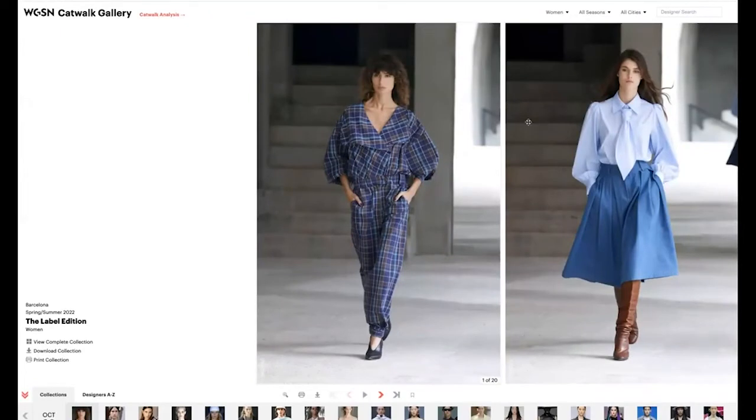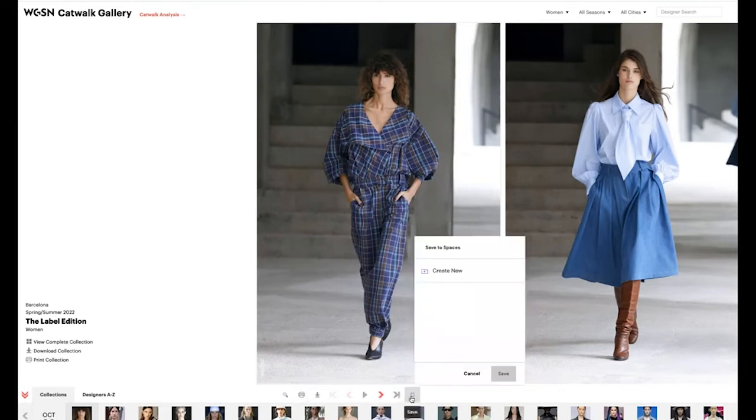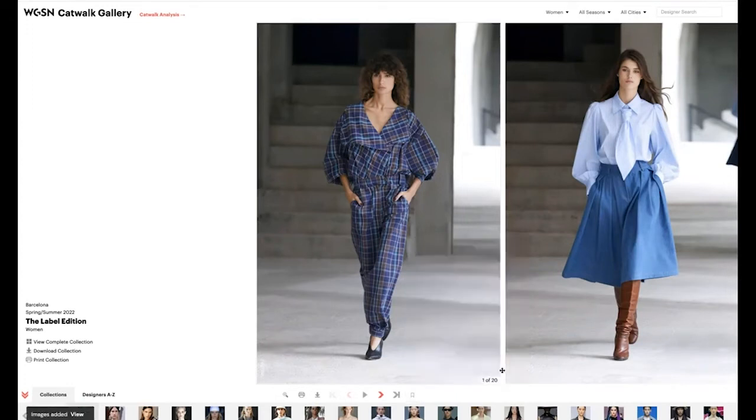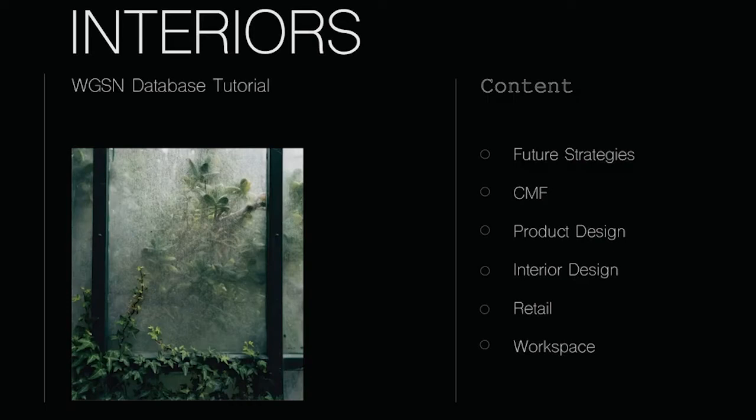These images can be downloaded or saved to your workspace account. You'll find that below the images with these icons. You can create a new folder and save it there. The next major section of WGSN is Interiors, which is located on the black menu bar